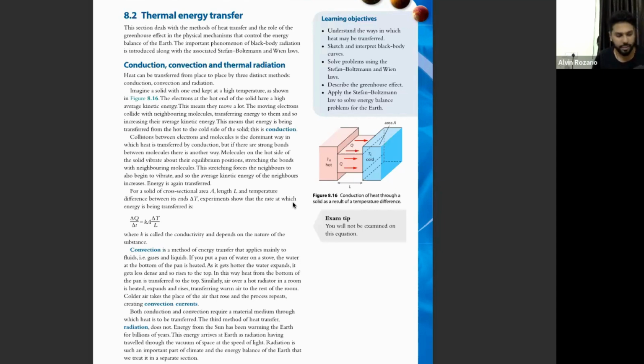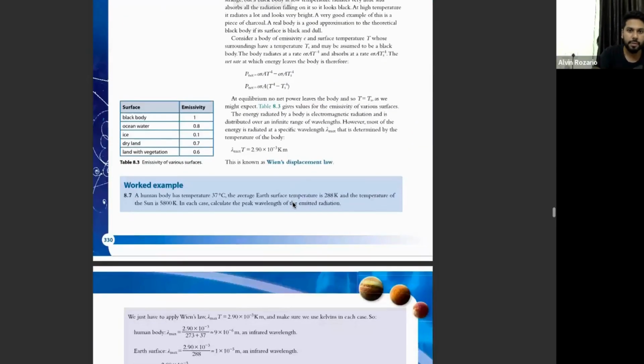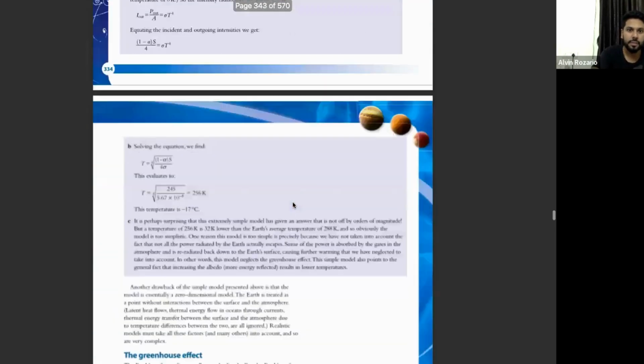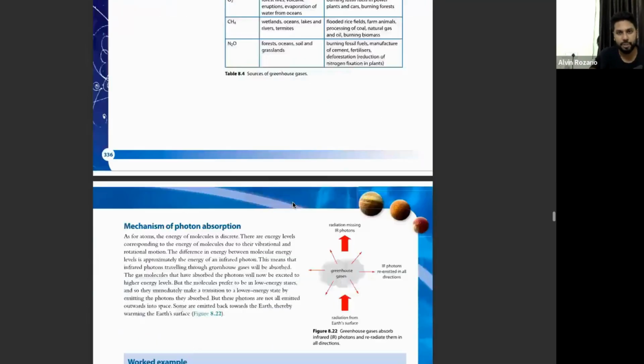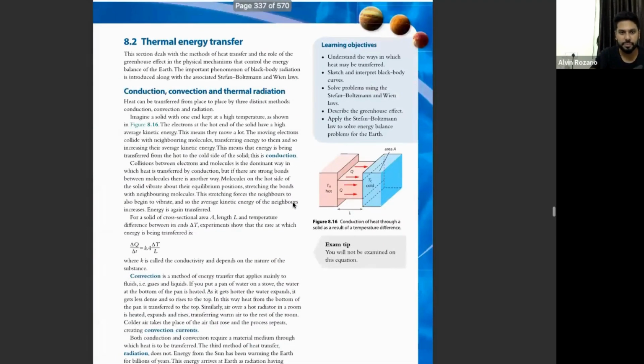So we are measuring the temperature of an object, isn't it? Yes, we are measuring a temperature. That temperature is actually associated with the thermal energy of the object. In this particular concept, we are going to discuss thermal energy transfer, black body radiation, solar constant, albedo, energy balance, greenhouse effect, and mechanism of photon absorption. So first, when I talk about thermal energy transfer, there are three ways